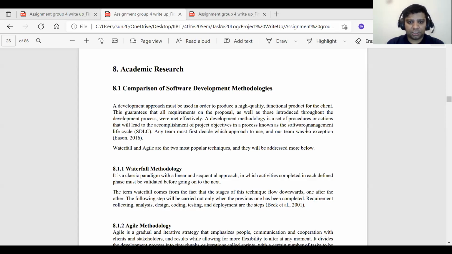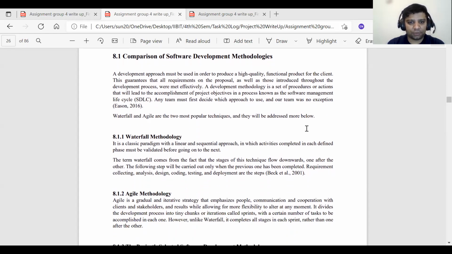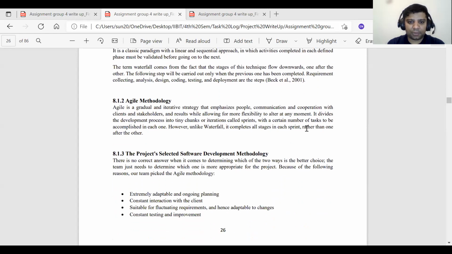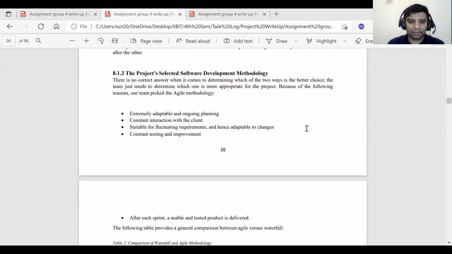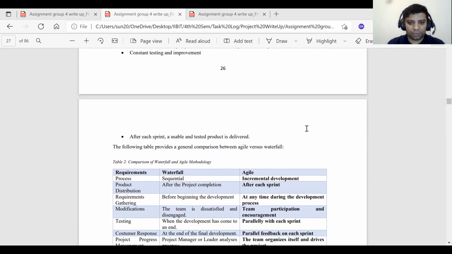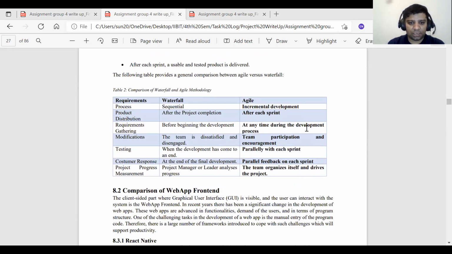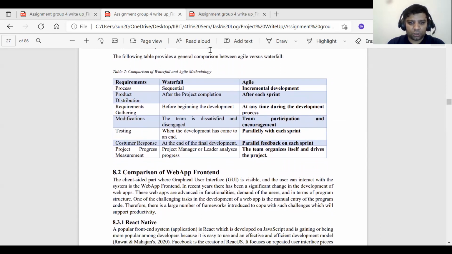Here in academic research, I have presented a comparison of software development methodologies. I have listed some highlighted features of the waterfall method, similarly the agile methodology. I have also written some recommendations on why we use agile methodology in our development process. And I have put some comparison of agile and waterfall, including some requirements. Another part is product